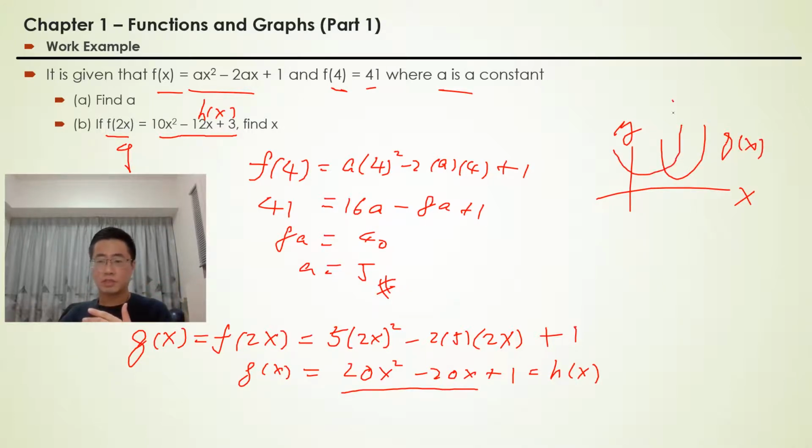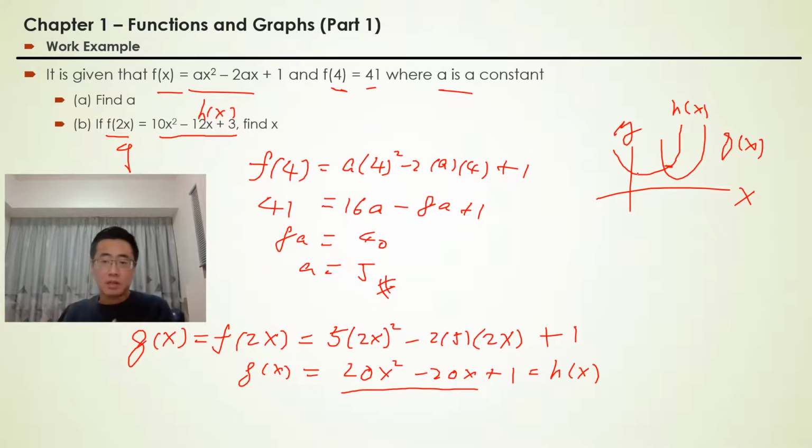Say for example like this, h(x). So if you set the two functions to be equal, that means you have the chance to solve the quadratic equation, because when talking about equating of the two functions together, the aim actually is to find out the intersection of the two functions. Or to be more specific, we want to find out the intersecting points of the two functions.